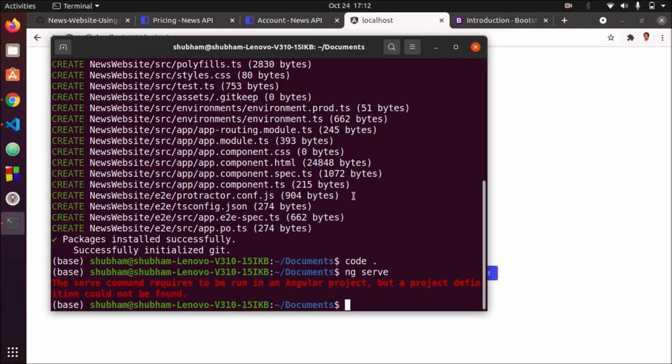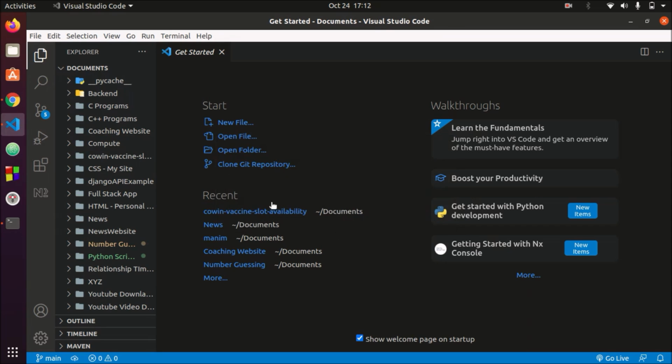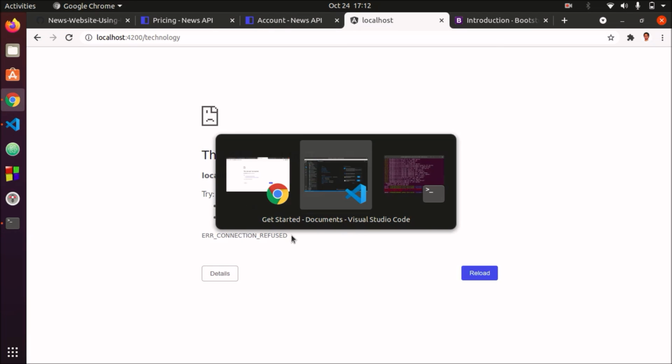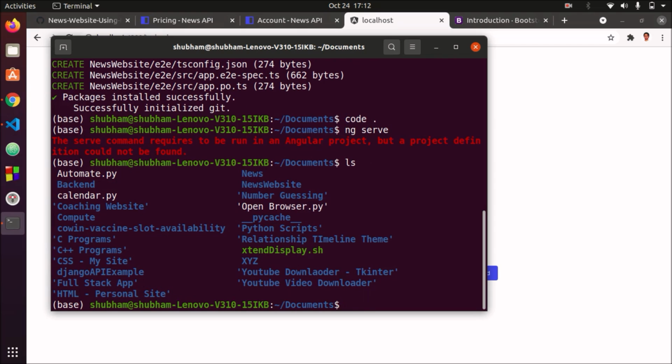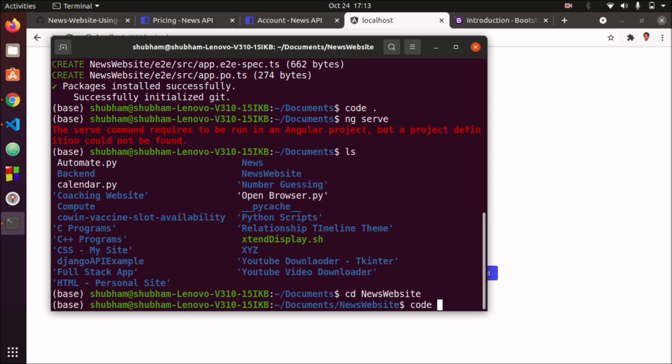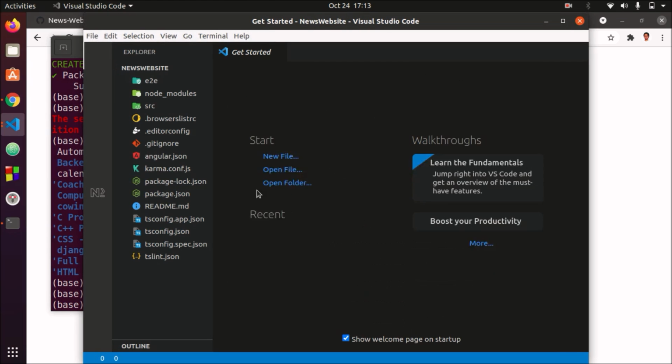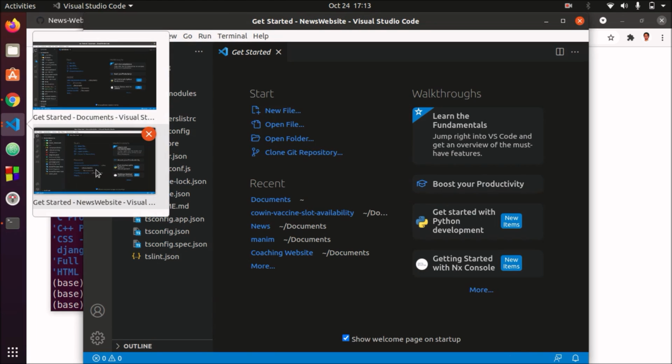The command is saying it is required to run in a project, and the option could not be found. What is opened in my terminal? Okay, I have not switched the directories, so let me do one thing, cd news-website and now code dot, so it will open in my Visual Studio Code.